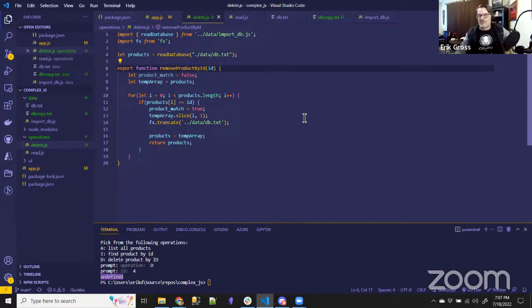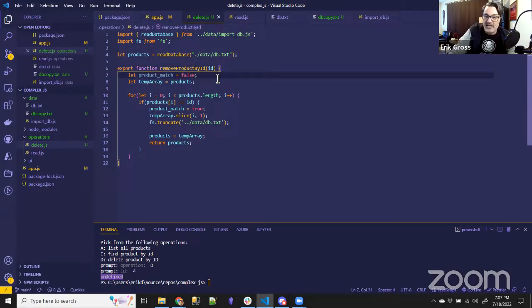All right, so let's follow the logic again. We set a Boolean. Have we identified the product that we want to delete yet? We start out with no. We make a temporary array and populate it with the content of products. Remember, we get products right here on line 4 by running read database on the text file. So now products is an actual JavaScript array, a collection of JavaScript objects. All right, fine. Then this is code that we've seen several times when we want to try to find a match. We're going to loop through and we wait until the ID that got passed in to the function matches